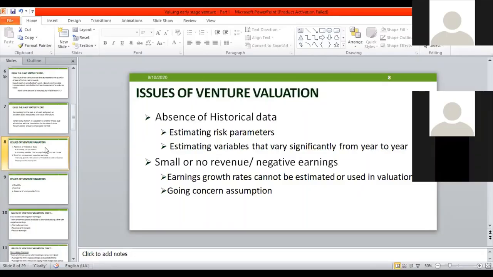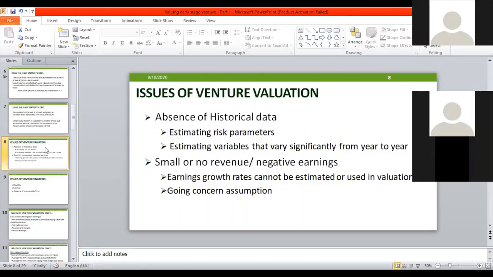So if the company has past data, we can check the reliability and reasonability of our estimation. But without historical data, we have to make judgments. So it is very difficult to make such judgments with little information. Right. Moving on to the next point,